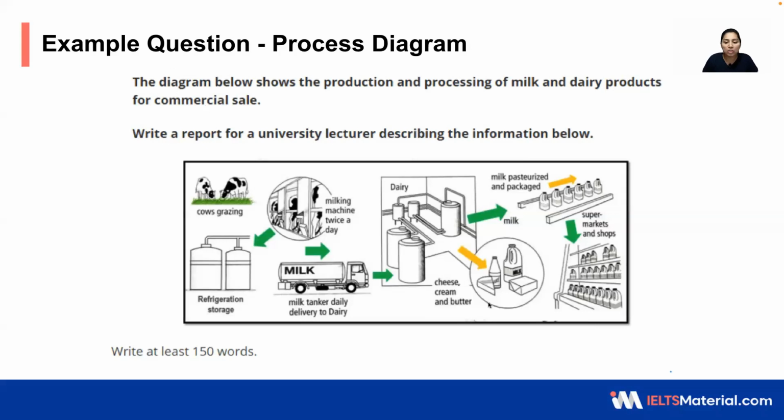So you can see that this particular question also contains a diagram. You can present it in a way that it is a cyclical process diagram or it is a linear process diagram. You can start your sentence in this manner as well. Describe the complete process in the introduction and then take up the overview and finally describe the process in detail.